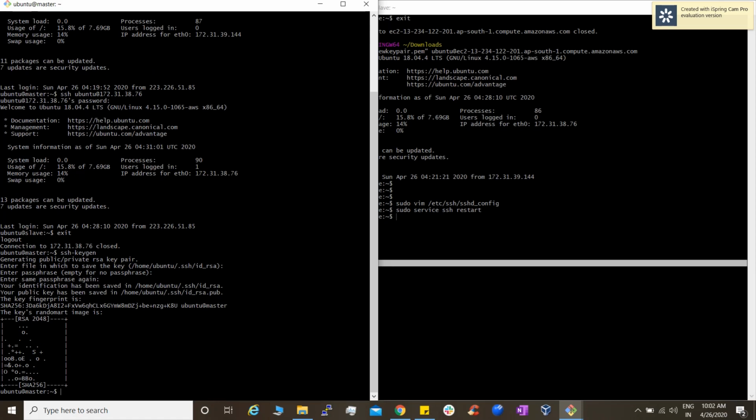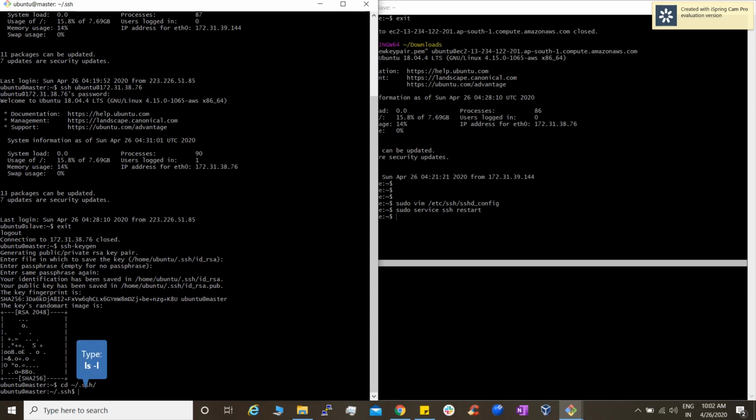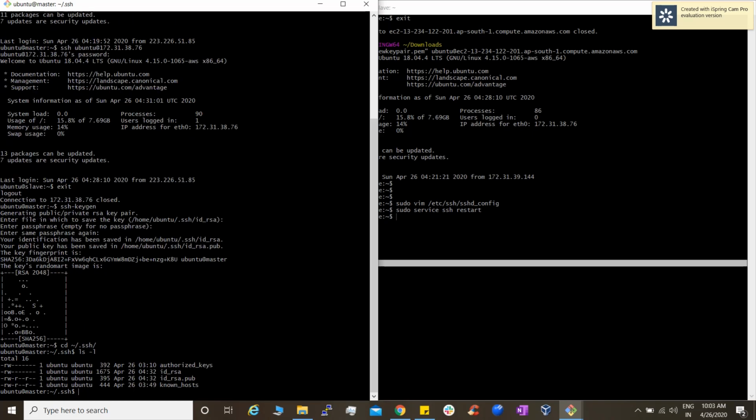Now, to check whether the keys got generated or not, I'll go to that path and show you guys. cd ~/.ssh, ls -l. Under .ssh it saves the files by default, so I came to this path and I'm listing the files under it.